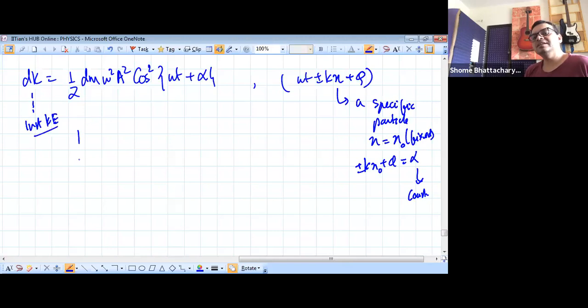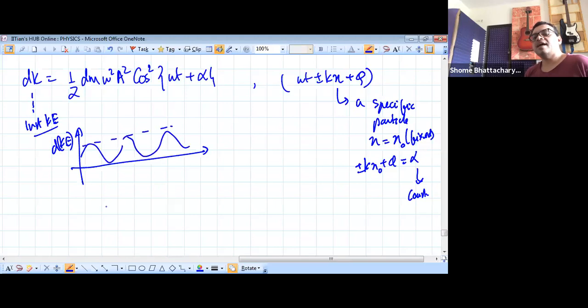So that instantaneous kinetic energy you can see as a function of time, it is varying. It's a cos square function. So it's varying like this. It's not constant. So what will its average value be? The average kinetic energy, that will become,